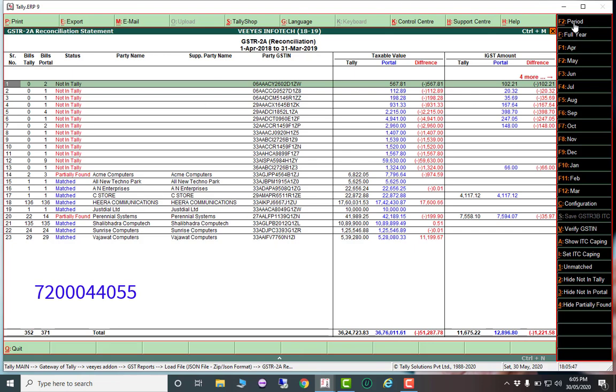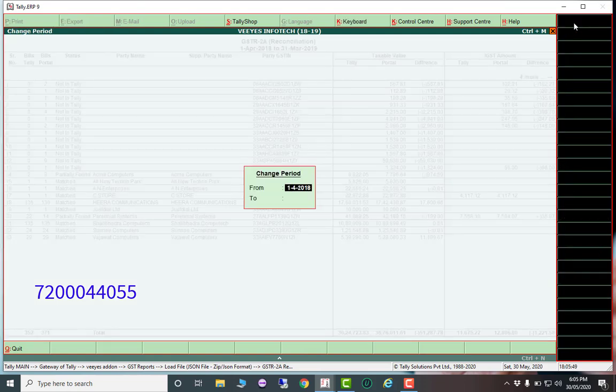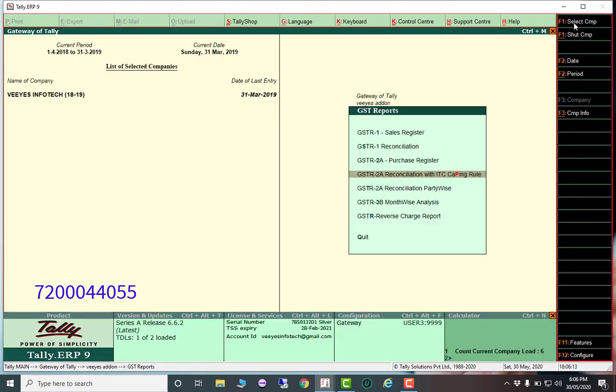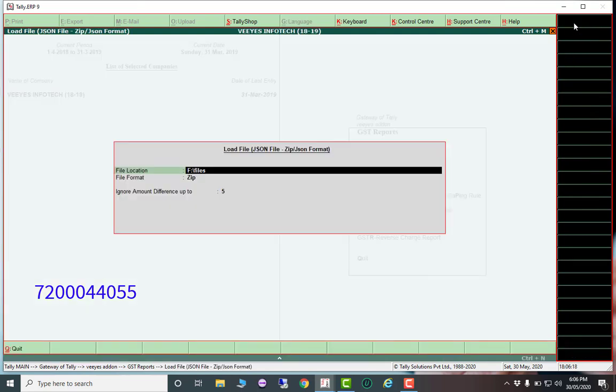As well as, if you want to customize the period, you can give whatever dates you want, for quarterly, half-yearly or full year. I already uploaded most of the GSTR2 reconciliation videos, so please watch them. I am not explaining much more about GSTR2 reconciliation. I come back and it is the same for GSTR1 as well.